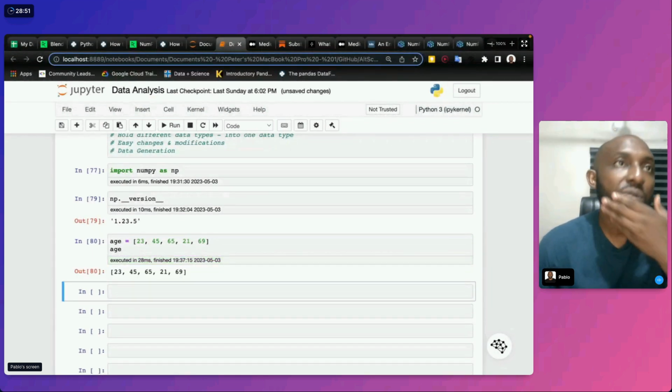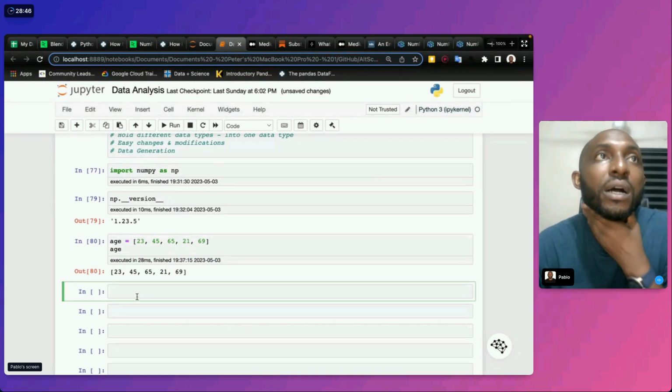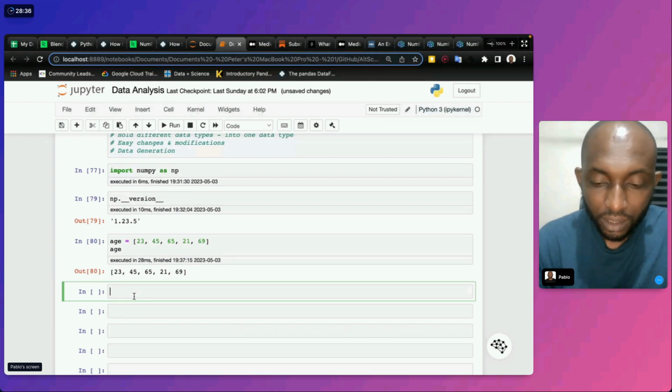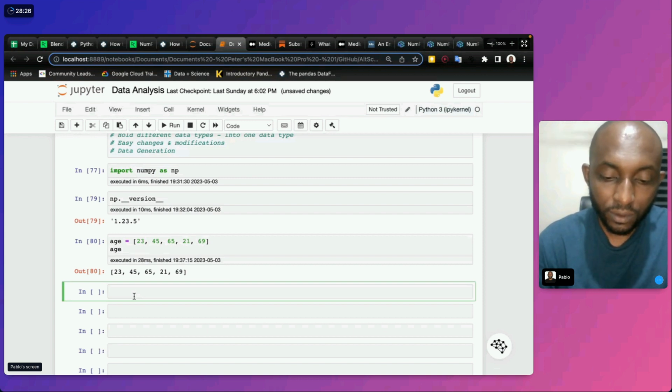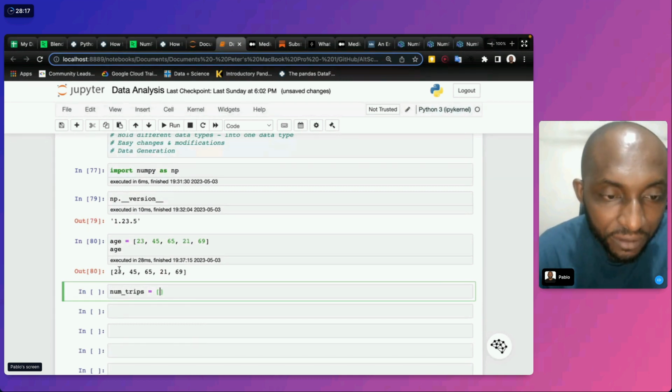Array. Now we have maybe another one, num_trips, an array filled with the number of times each of these individuals has traveled.